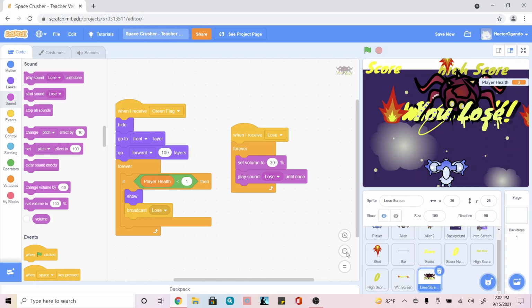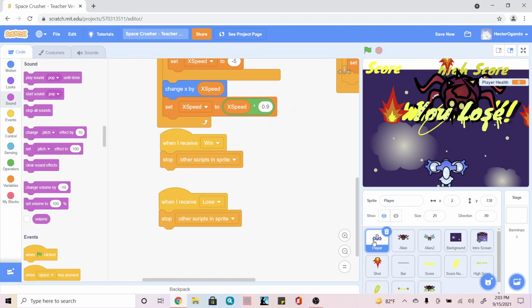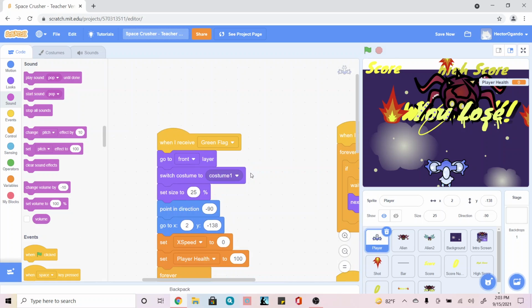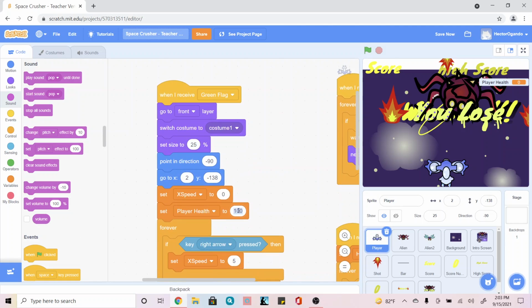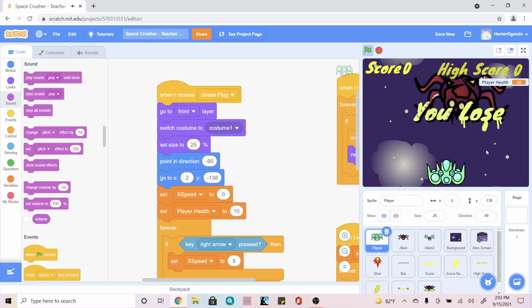As always, it's always good to test out your game and make sure that everything is working. So a nice thing that you can do is you can always start off low. And what I mean by this is you can click on your player sprite. You can set the player health to maybe 10 or 1. That way you're starting off really low and you can lose quicker just to test out that your code is working. You can click on your green flag, click on play the game,